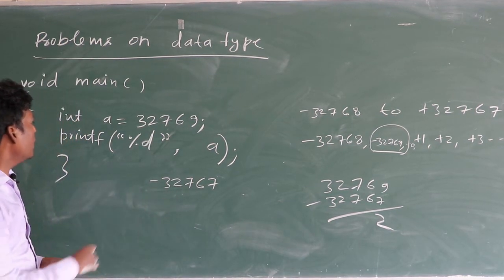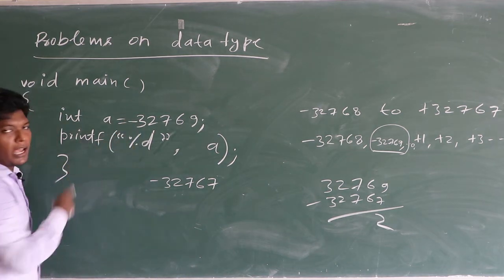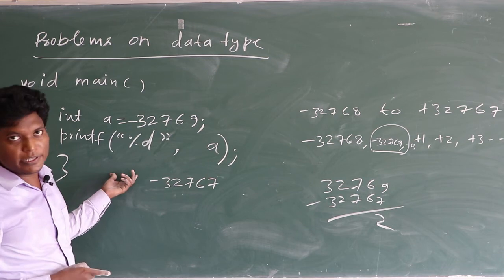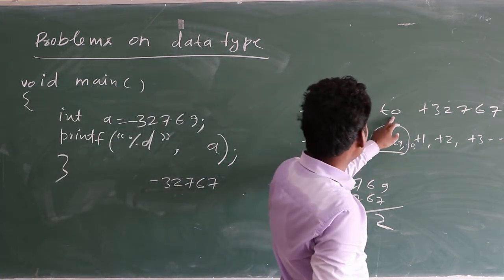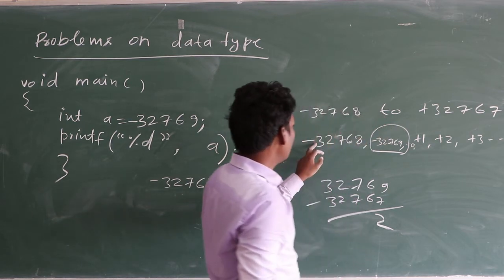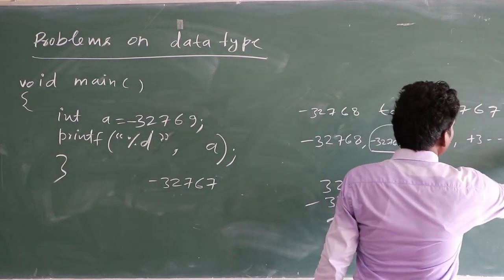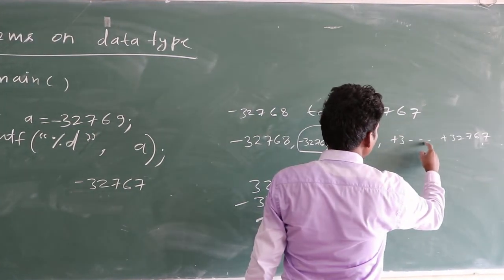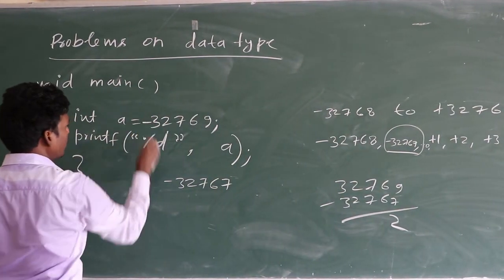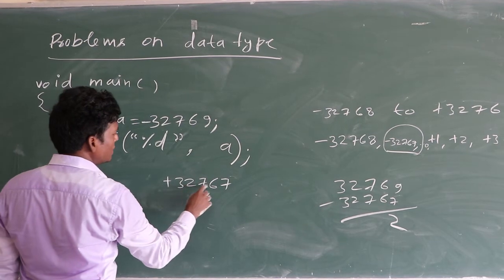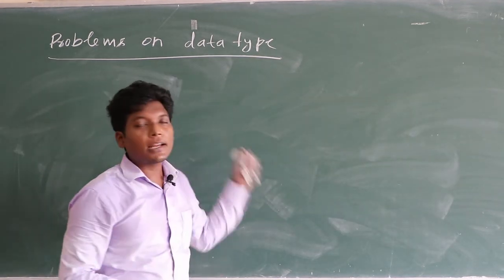So this is the example. You have to try for this number. Suppose this is negative, then you have to try for this number. How will you reduce? When it is negative, you will start from this side: -1, -2, -3, you will go there. When you increment 2 times, you will get +32766. In this time, when you put negative number, you will get +32766.